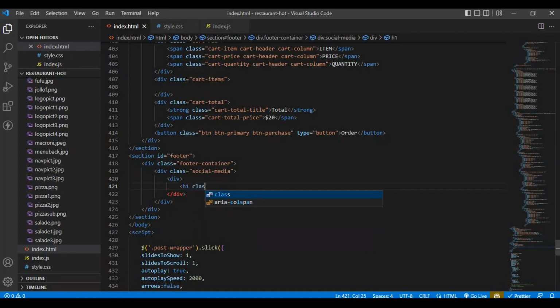h1 class, social media items. Inside our h1 tag we'll be having services. So right after that, what are we going to do? We are just going to copy and paste. I think we will copy and paste three more times, because